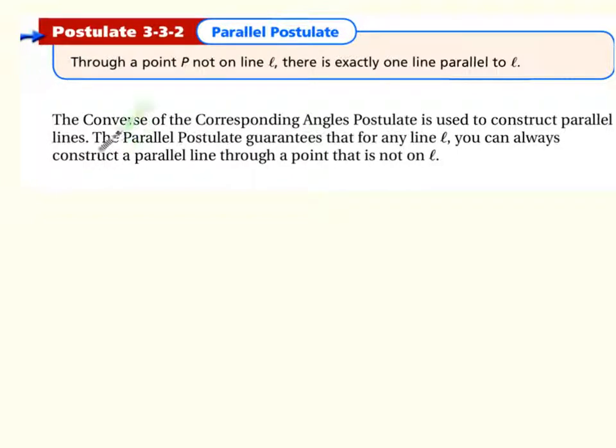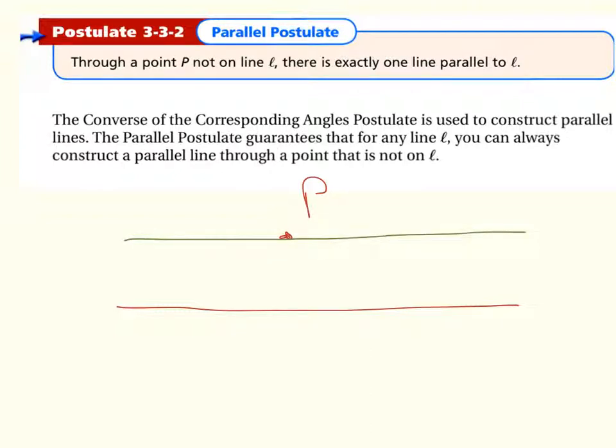Next we have a postulate, and remember that postulates are statements that do not need to be proven as true. It says through a point P not on a line L, there's exactly one line parallel to it. To make better sense of this, let's go ahead and make a drawing. So we have a line, and we have a point that's not on the line. And what this is saying is that there is exactly one line that goes through this point right here that would be parallel